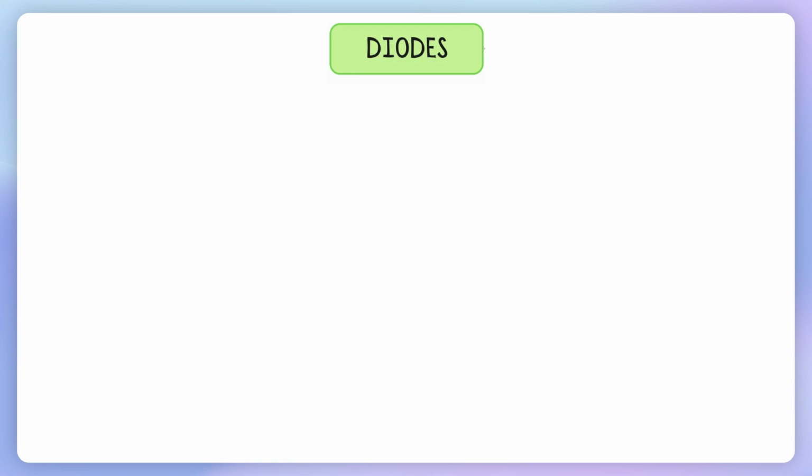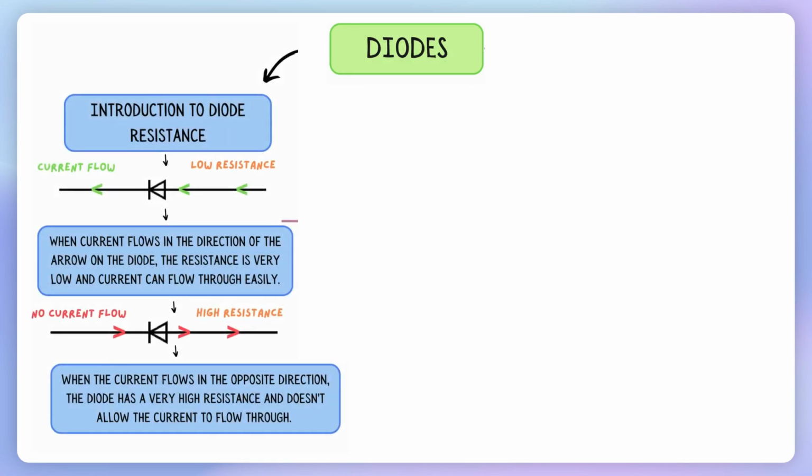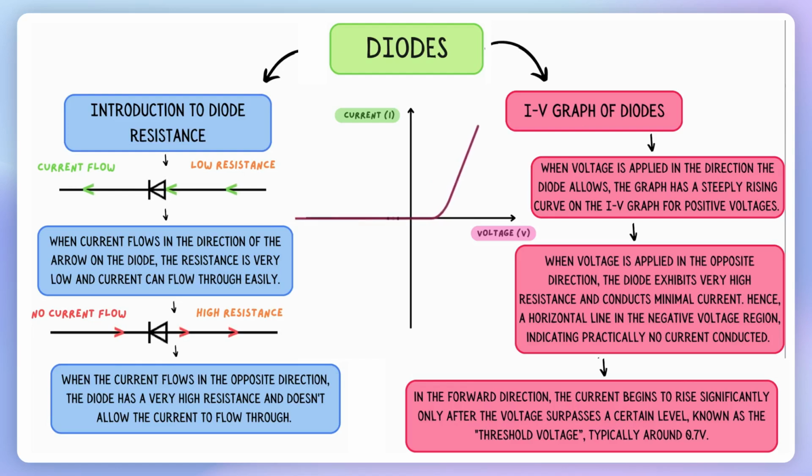In today's lesson, we examined how the electrical resistance of a diode varies and how this is graphically represented on an IV current-voltage graph. We learned that a diode is a device that allows current to flow in only one direction while blocking it in the reverse direction. By understanding these characteristics and the shape of the diode's IV graph, we can better appreciate how diodes function in circuits to control the direction of current flow. By knowing how diodes work, you gain insight into the technology behind many of the gadgets and systems you use daily,